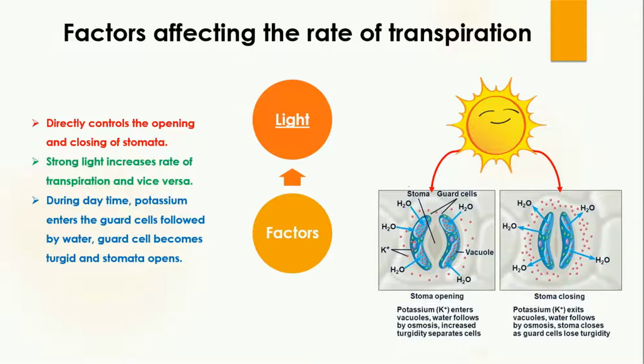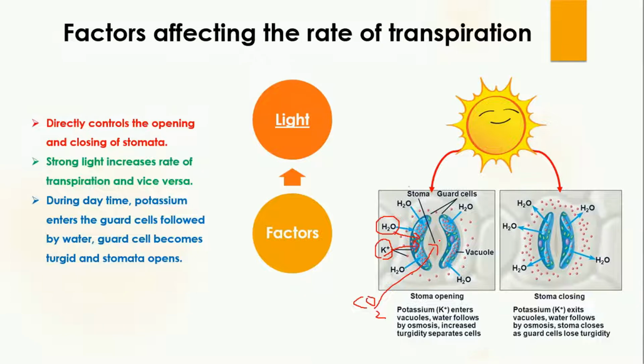When the light is present, it means that the process of photosynthesis is going to take place. During photosynthesis, the carbon dioxide needs to enter into the cell. To support this process, what will happen? The potassium ions will move into the guard cells. To follow the potassium ions, the water molecules will also move into the guard cells, and this will make the guard cells become turgid, and the stomata will be opened. When the stomata is open, the carbon dioxide can easily enter into the cell and help in the process